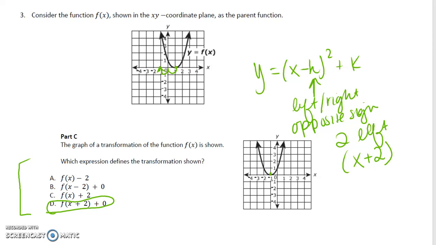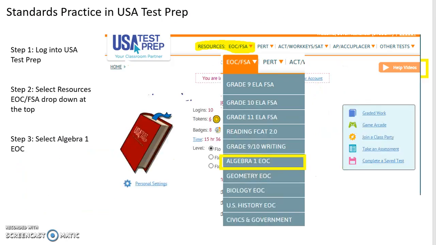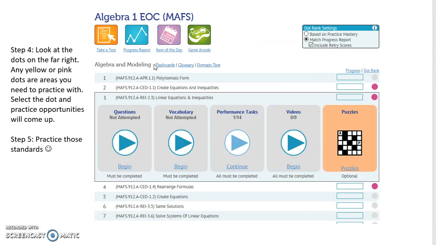Okay, guys, this was just a quick review of transformations of a function. What I would love for you guys to do is, even before you do that standards checkpoint, make sure you go into USA Test Prep, click Other Tests, click Algebra 1 EOC, drop down, and you need to find the standard called F-BF.2.3. Practice that standard. Take that standards checkpoint,